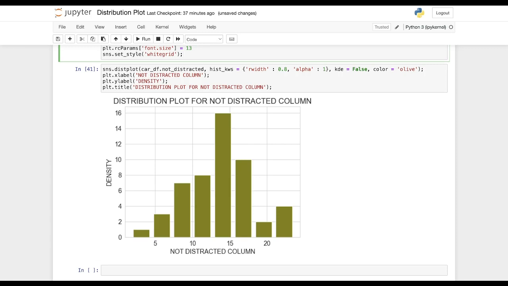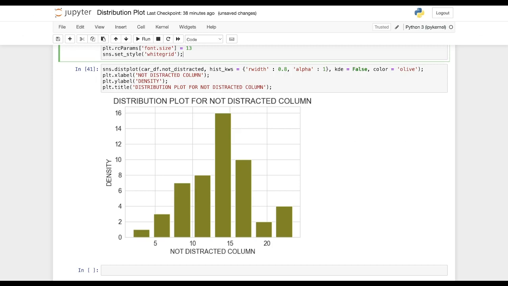So in your car crashes data set, in your non-distracted column, you have 16 rows where the non-distracted value is between 13 to 15. Similarly, the bar after that highest frequency bar has a density of 10, which means you have 10 rows in your data set where the value of the non-distracted column is between 15 to 17. So this is how you interpret your histogram.